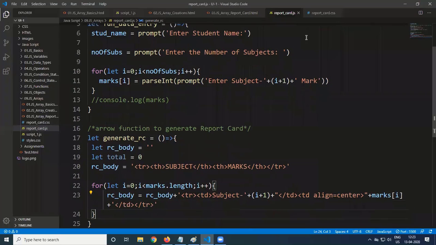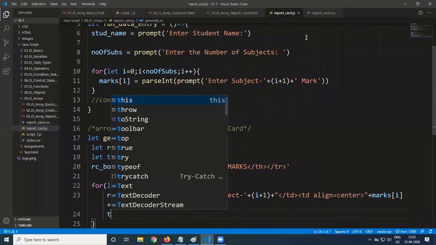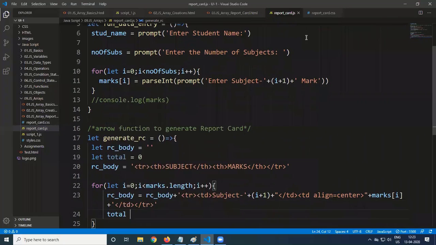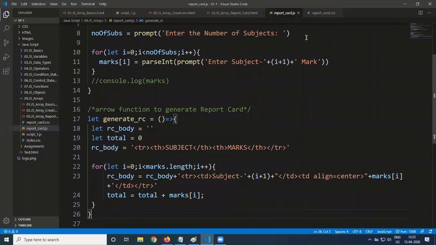So dynamically we are adding some HTML tags, and we add the total. So total is equal to the existing total, which is 0, total plus marks of I. Total plus marks of I we are storing. So we got the total.